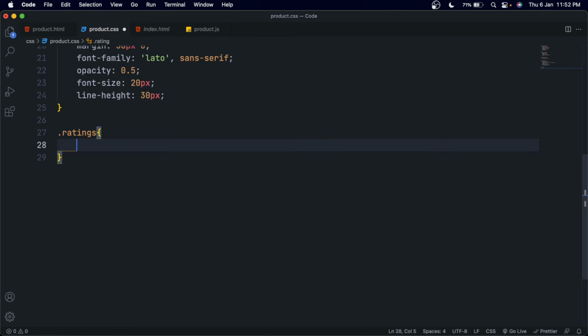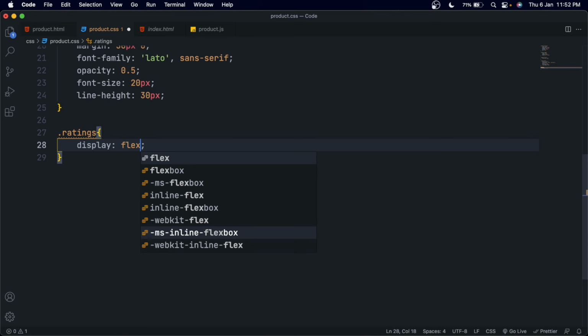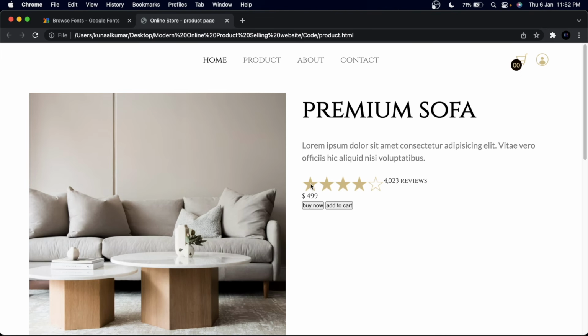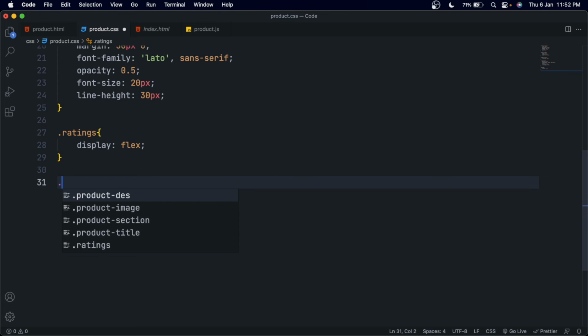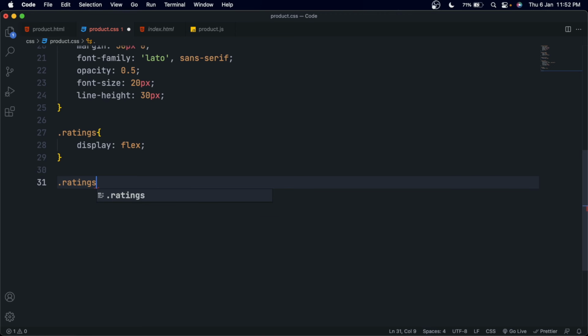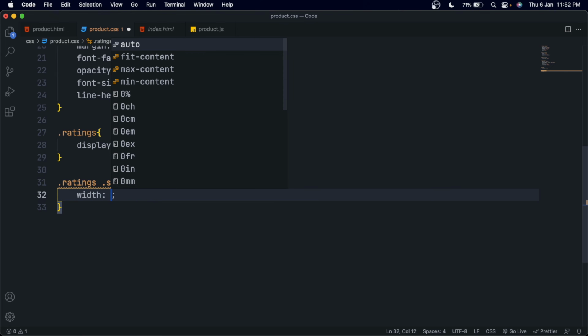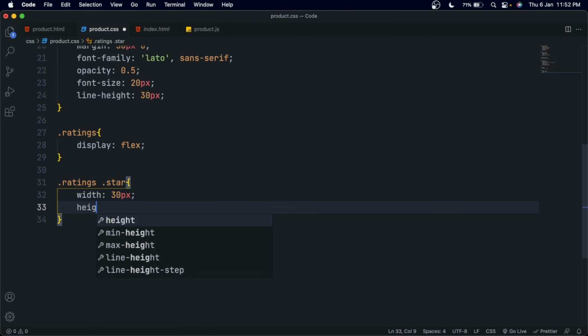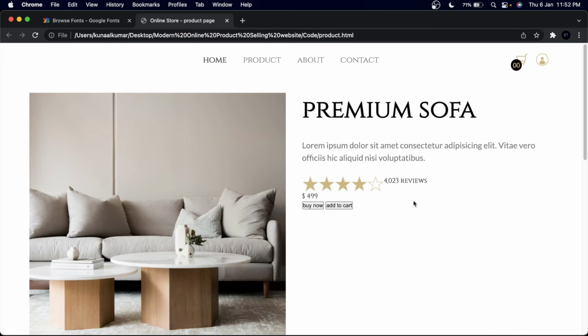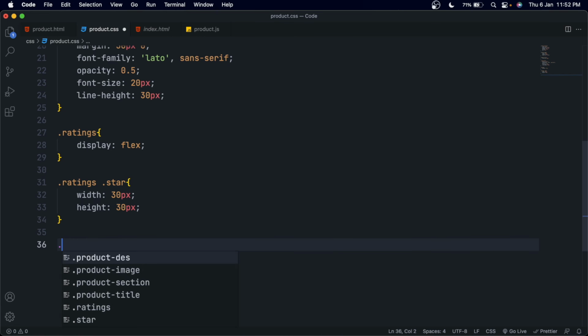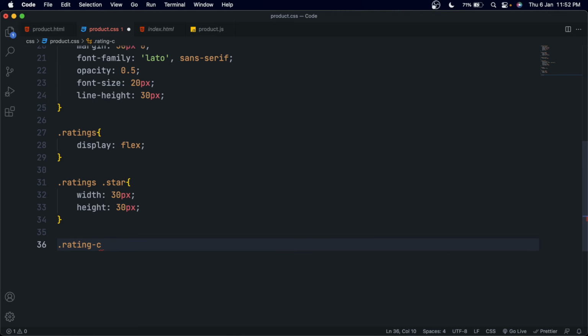Now select the rating element and use display flex to make the stars and the span side by side. You can see my span are on the side. Select the individual stars and set its width to 30 pixels and a height to 30 pixels to make it a little smaller. Great. Now select the rating count element